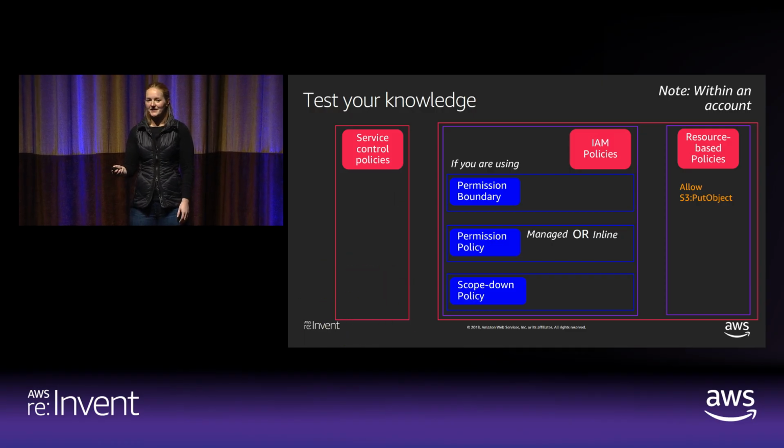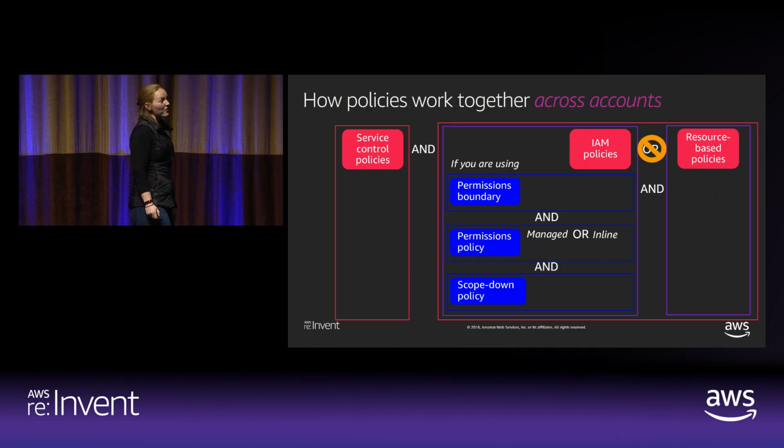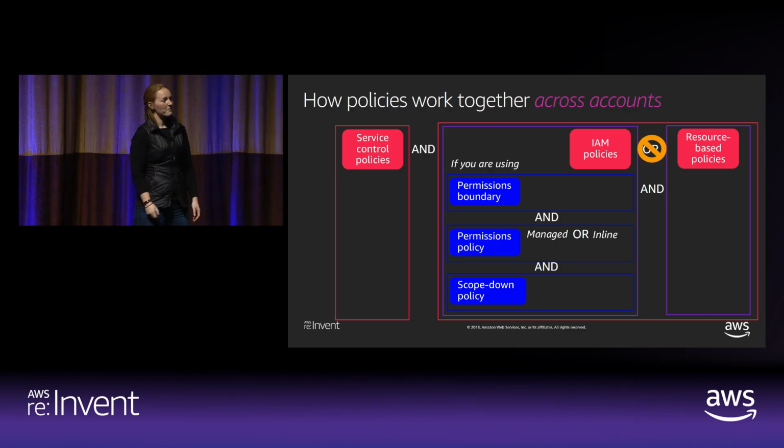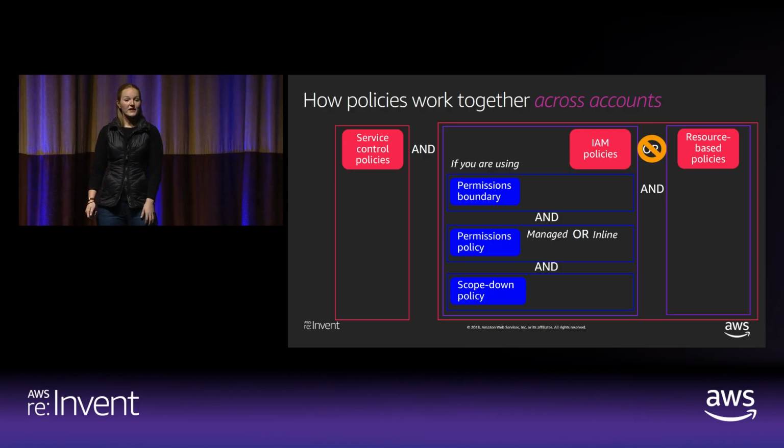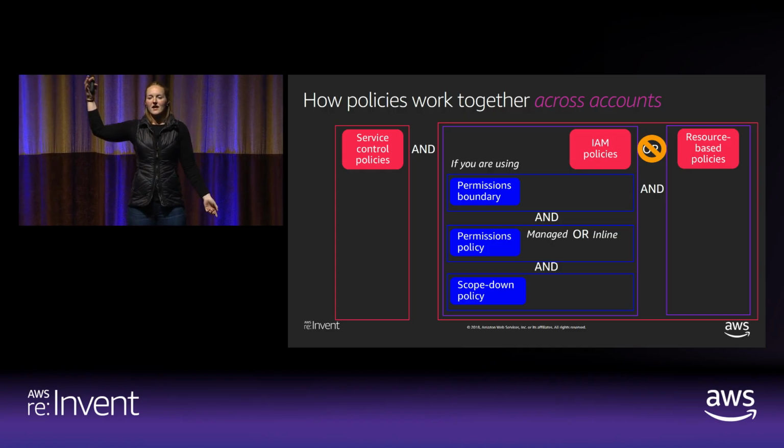Crazy Casey dropped the SCP, got access to the master account, deleted it by accident. What's our answer? Deny. Good job. All right, now we're across accounts. So we have account A and account B. Pretty simple. The only thing that happens here is let's imagine the principals are in account A and the resources